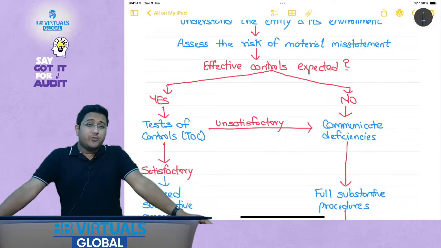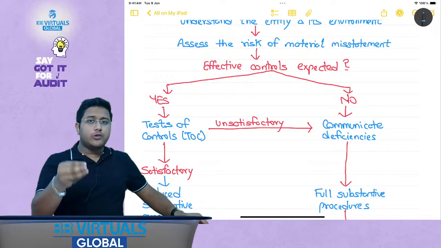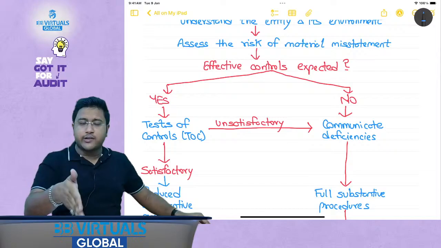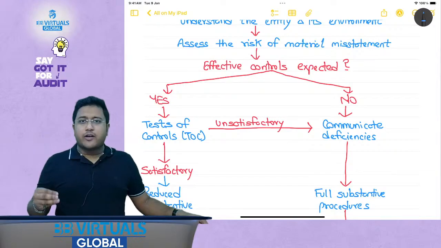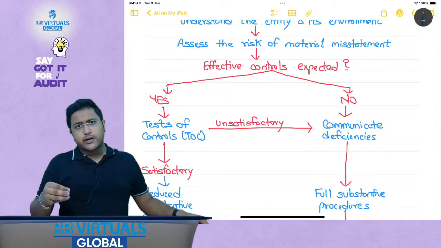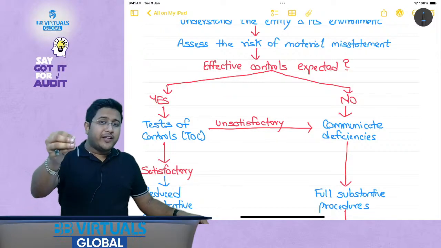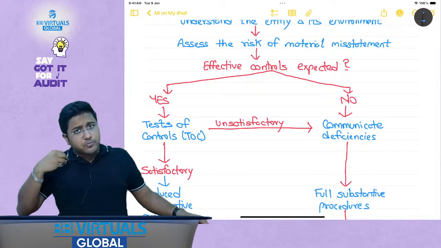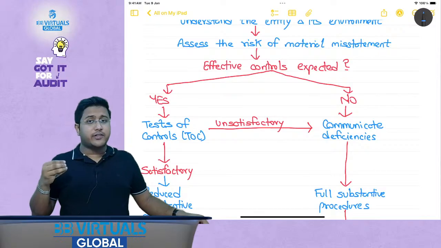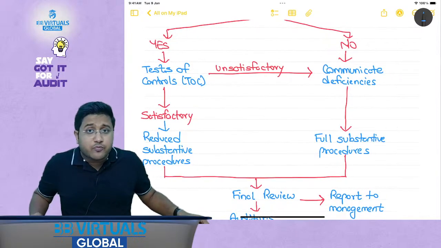Then you will have to decide whether effectiveness of control is expected. For example, if I have a control in my institution that only the students who have followed a due process should be able to watch my lectures, okay? But I do not have a strong control over the lectures, so my lectures are getting downloaded and spread on, say, YouTube, right? Now my dear friends, in this particular case I have a weaker internal control, so my auditor will have to decide, based on my control efficiency, whether the controls would be working effectively or not. So if yes, they'll have to perform the test of controls.